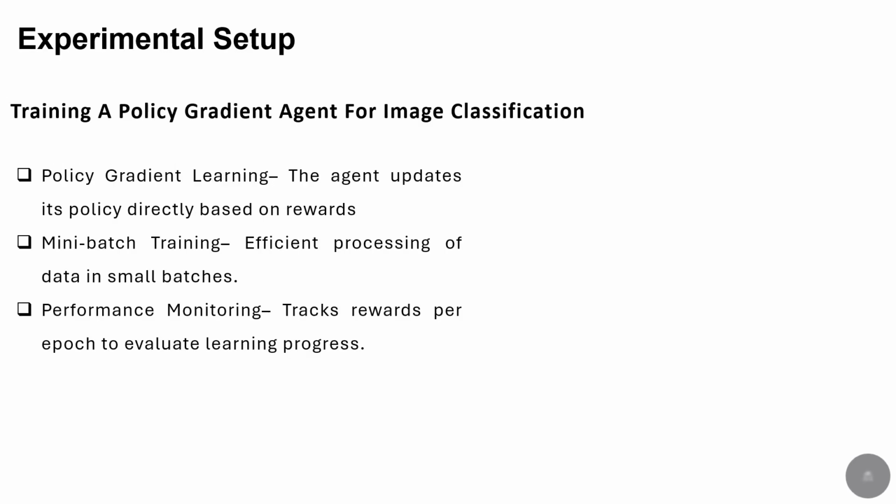Let's look at the experimental setup. What I've done here is to train a policy gradient agent for image classification. Basically, we are training a REINFORCE agent to do image classification. So there are 3 key aspects I looked at. One is the policy gradient learning, whereby the agent updates its policy directly based on the reward. We shall see these in the simulation. Then there is mini batch training,